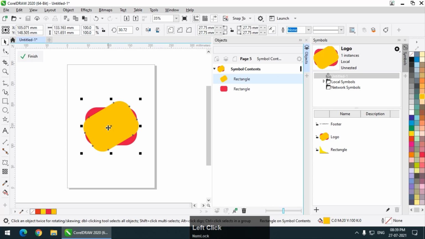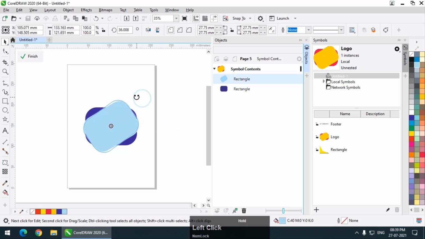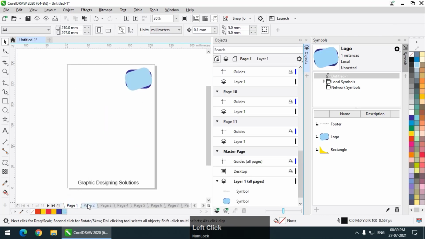I realize I wanted a different color combination, so I can simply change the color, or you can also change the shape or size, whatever you want, and simply click on finish. As you can see, all the symbols present on each and every page are changed automatically.